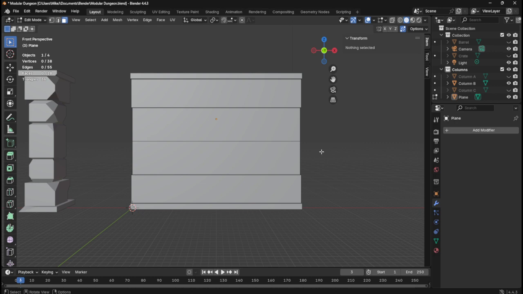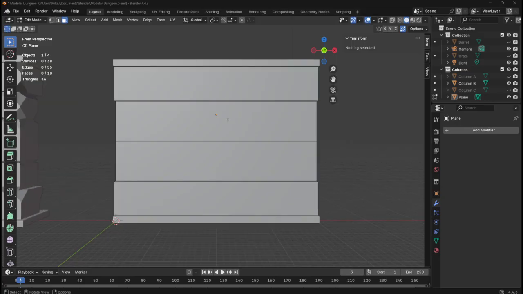Okay, we've got to do some knife cuts. Okay, right, so knife tool was K. So we're in edit mode, so press K. Okay. Left click and then